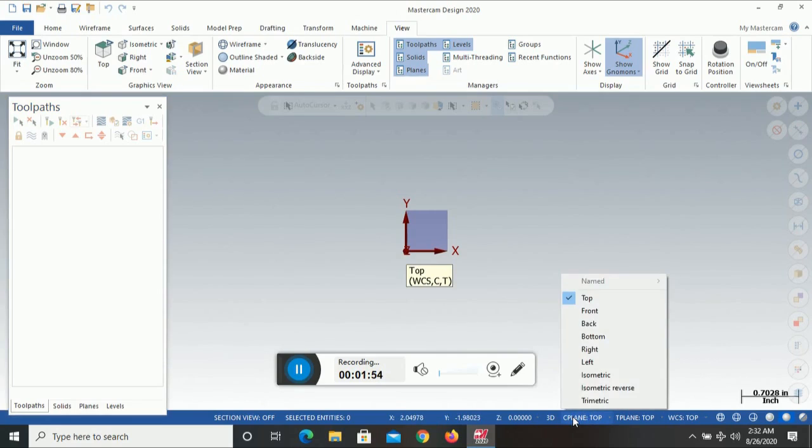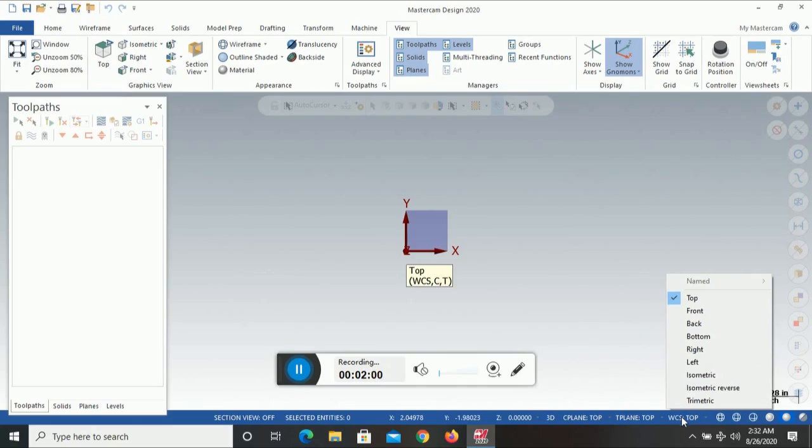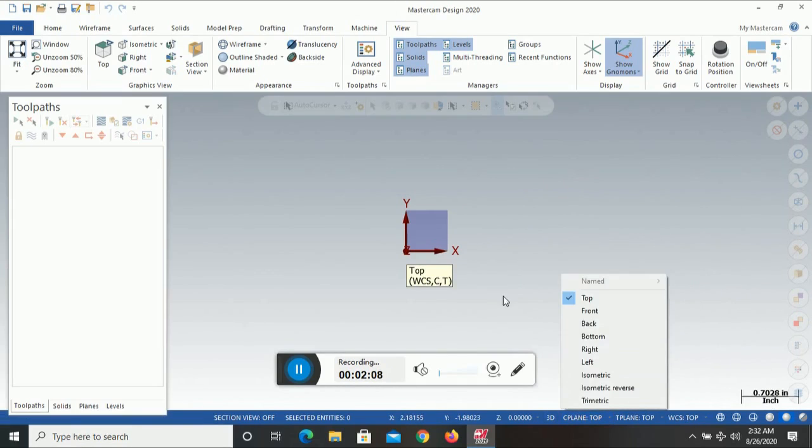Here we can directly access the C plane, T plane and work coordinate system. These are basically used when we draw in any top view, front view, or side view, then we change these things. And here is one more thing, here we can directly change from 3D to 2D, 2D to 3D, and these are called the quick masks.